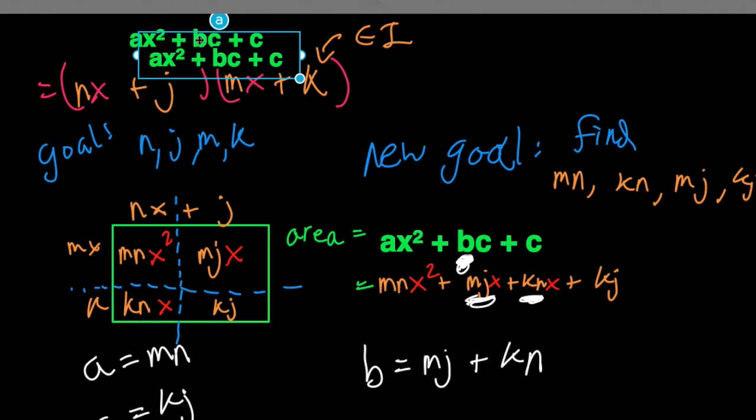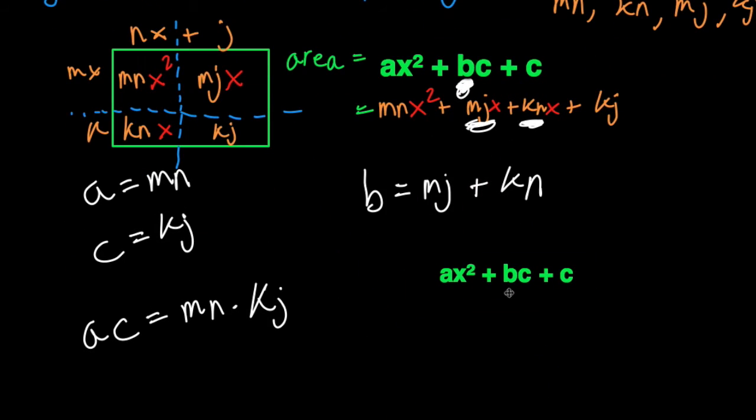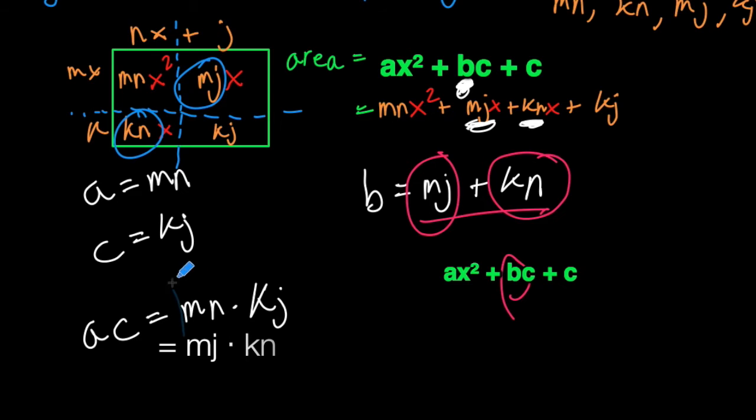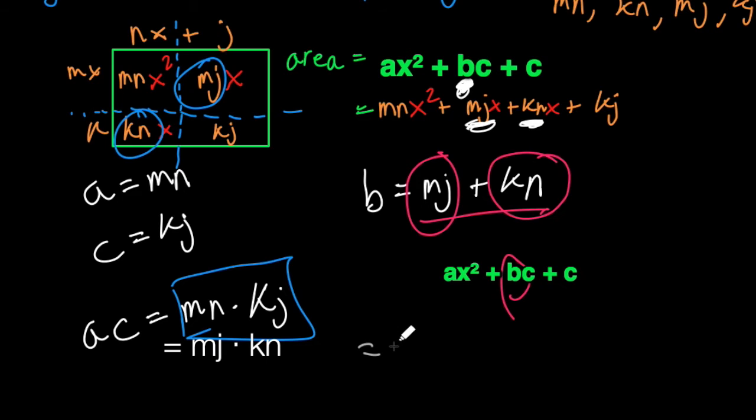So keeping that in mind, I can express this b value as this sum, and those same numbers here can also be expressed as a product of A and C. It gives me a method to factor this guy here. So I can write this then as ax squared plus c. And then my middle term, I'm going to find